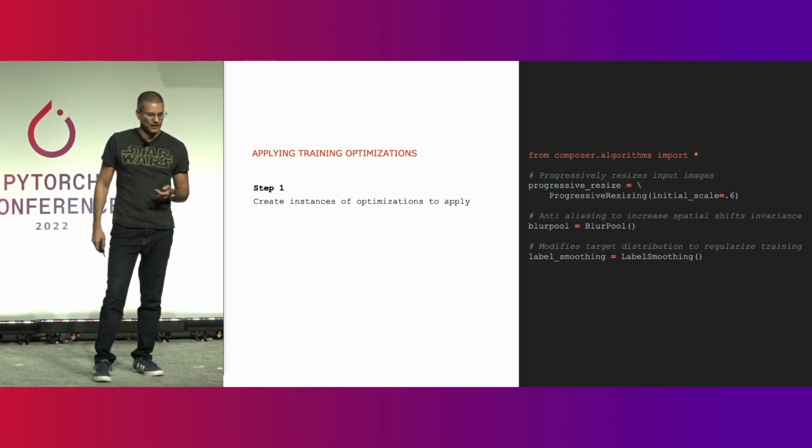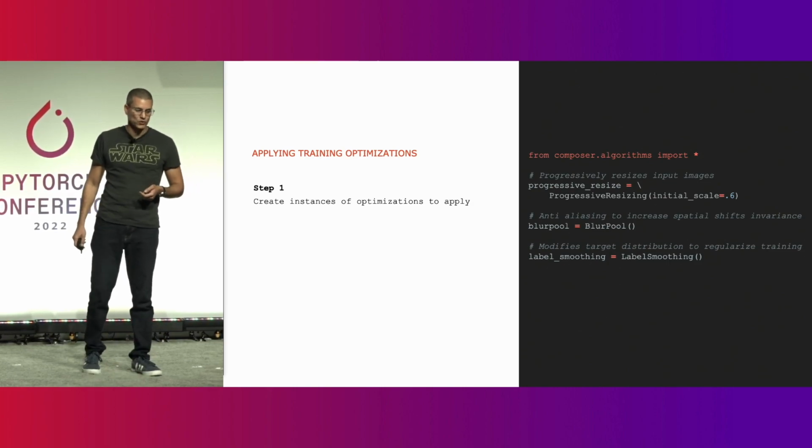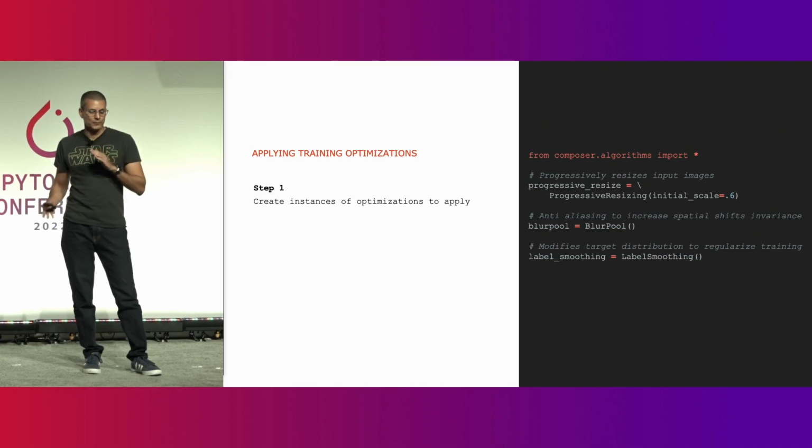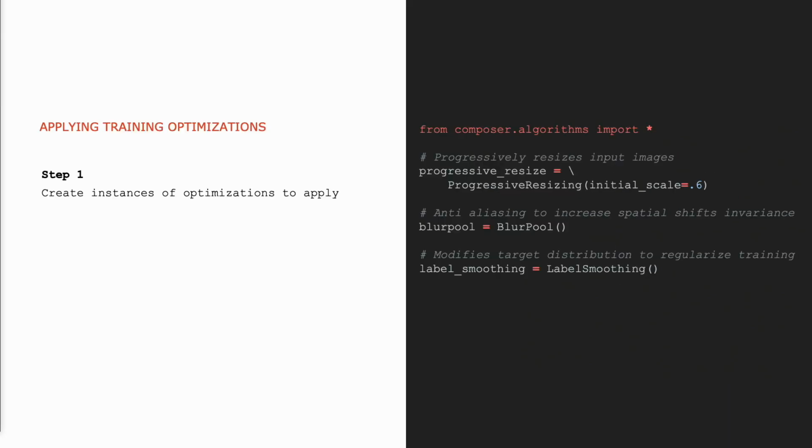You first instantiate the optimizations you wish to apply. All of Composer optimizations reside under composer.algorithms. And in this code example, we instantiate progressive resize, blur pool, and label smoothing. And just these 3, if you use them, you're actually going to see really good speedups with models such as